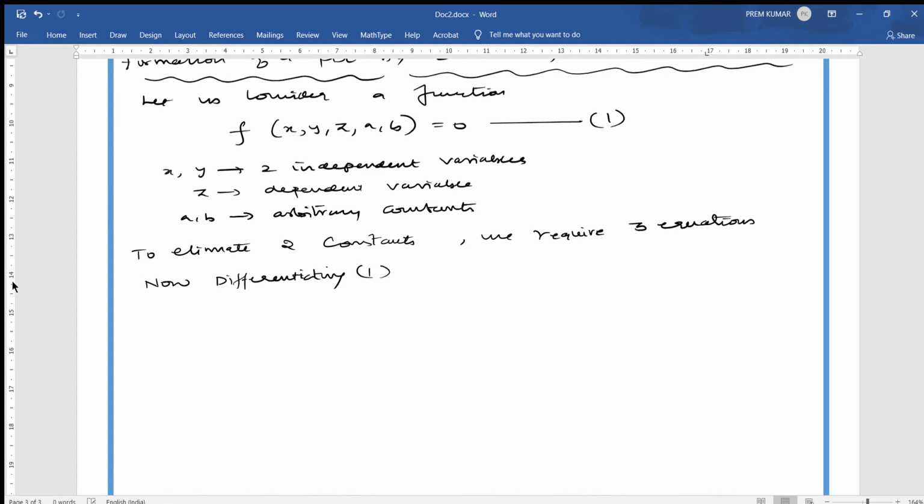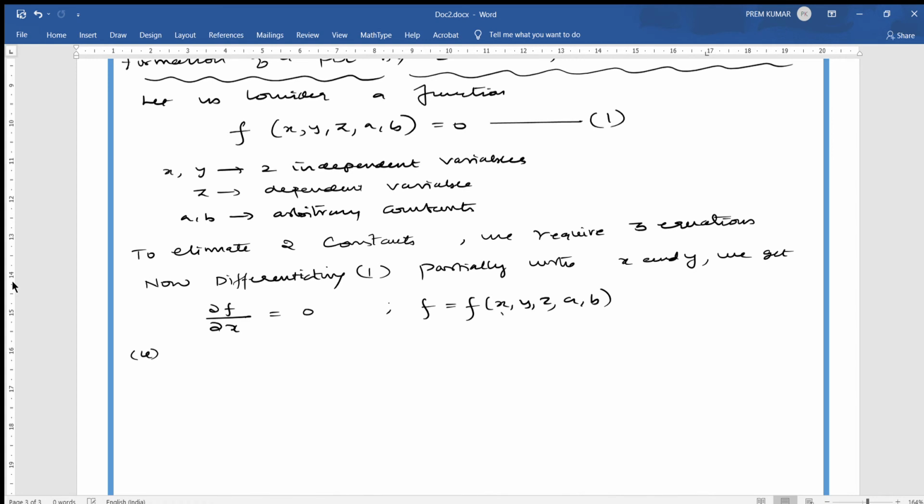Differentiating this first equation partially with respect to x and y, we get, first you take the first equation and differentiate partially with respect to x. So dou f by dou x, right hand side is 0, so if you differentiate again it becomes 0. But my f is a function of how many variables? X, Y, Z, A and B. This f depends on X, Y, Z as well as A and B also. So if you differentiate dou f by dou x, and f is a function of this many variables and constants, what happens is,